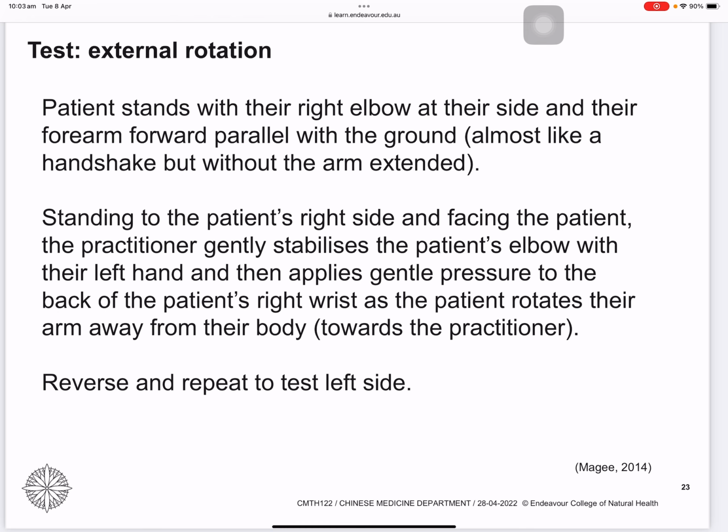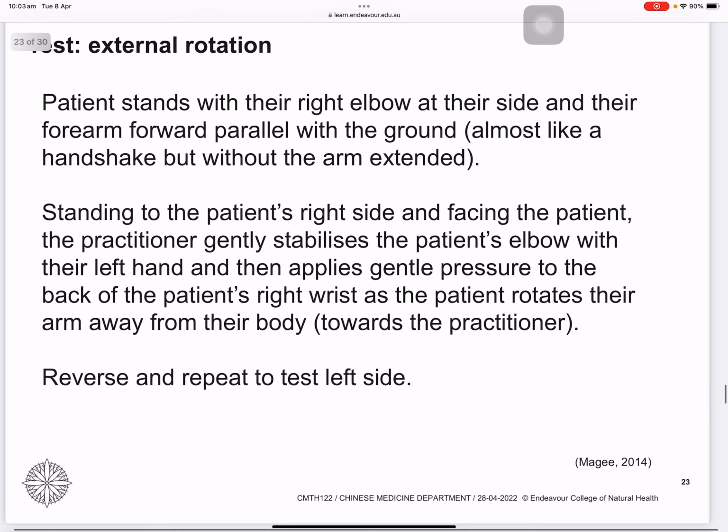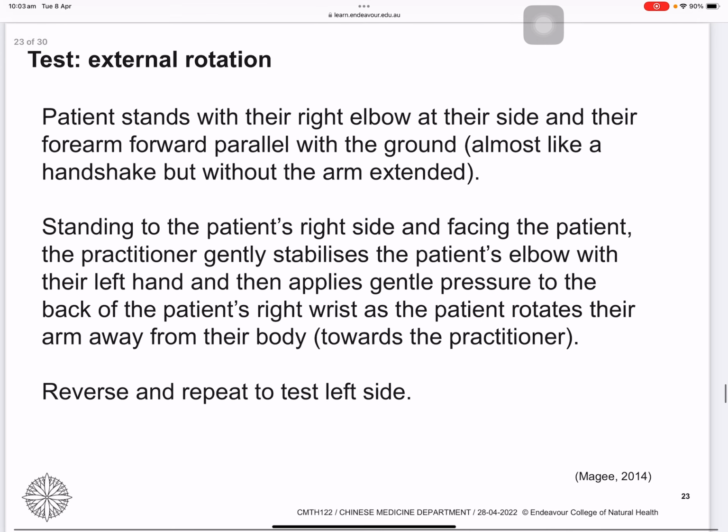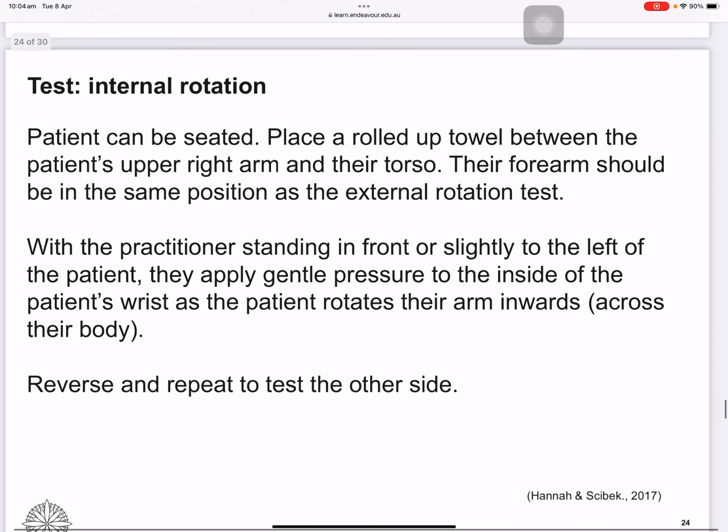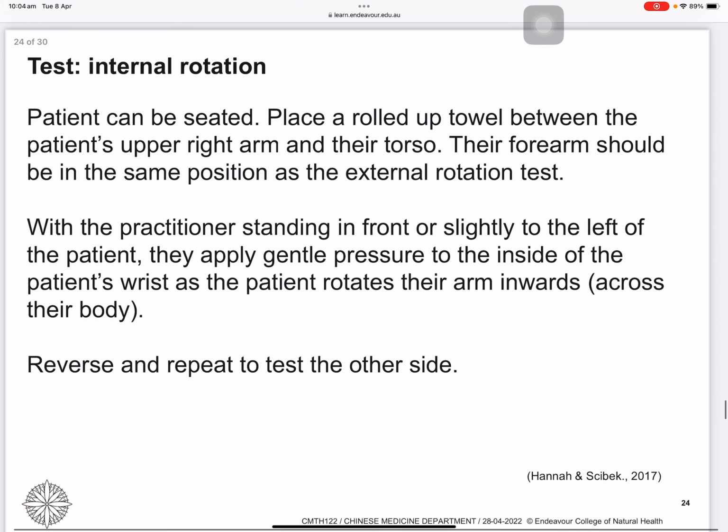Okay, so we'll all practice this test after we finish this lesson. So we have about 1 hour to practice for each other for all of these tests. So now we have 10 minutes break, and